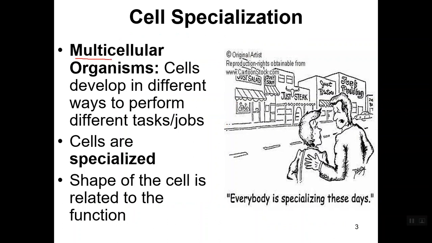If you are a multi-celled organism, your cells have the luxury of differentiating and becoming specialized to one specific task. We call these cells specialized. There's a little cartoon over here. If you think of a restaurant as a cell, a specialized cell might sell just steak or just potatoes or just pudding. They have a very specific function, whereas a cell in a single-celled organism might have to do it all. A little bit of steak, a little bit of potatoes, a little bit of pudding, a little bit of salad, a little bit of everything.